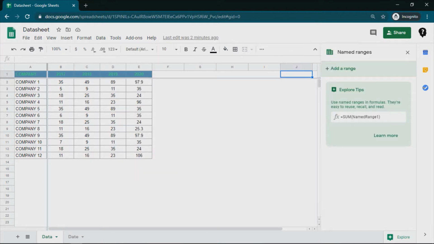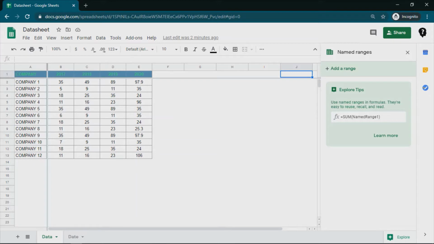Named ranges is basically where we can name any particular range. There is a tip here: one can use the named ranges in formulas as well. And these are very handy when you have data which is dynamic, or data which is getting changed after every interval, or when multiple users are working in parallel on a data set, making it larger or smaller at any point in time.